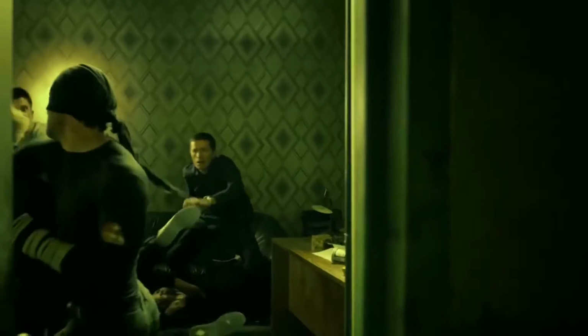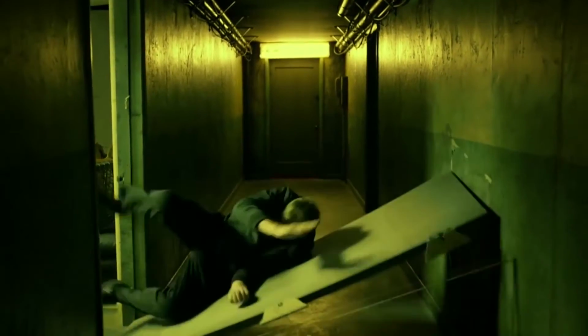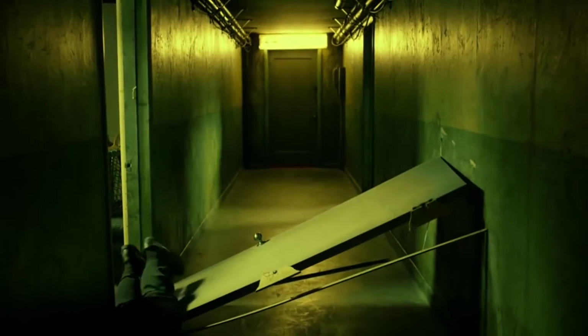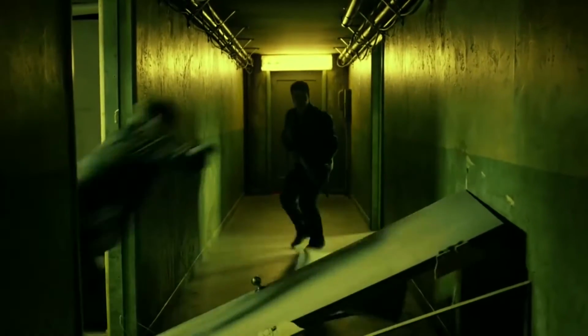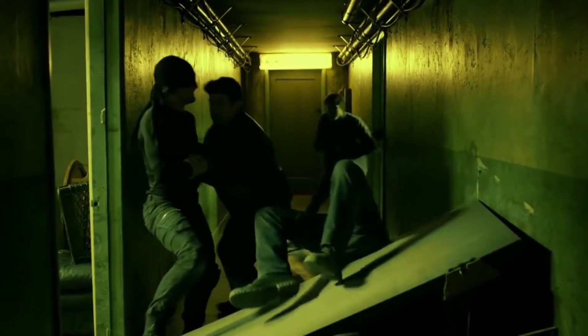Starting with Daredevil, we see that this is one continuous shot, which is amazing. Alejandro Gonzalez Inarritu received acclaim for this same method in the film Birdman starring Michael Keaton. I love this style, and it made me feel like I was right in the hallway myself watching as this went on. You can see how smooth this scene is, and you can see it even more so as we